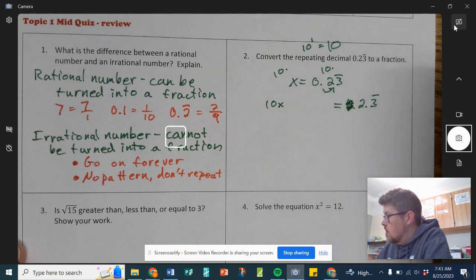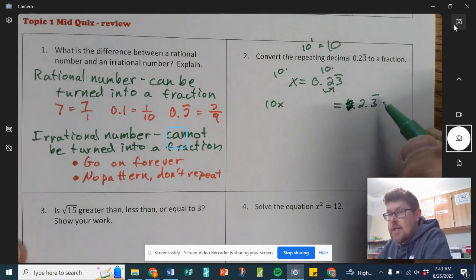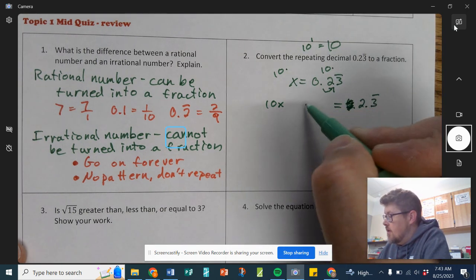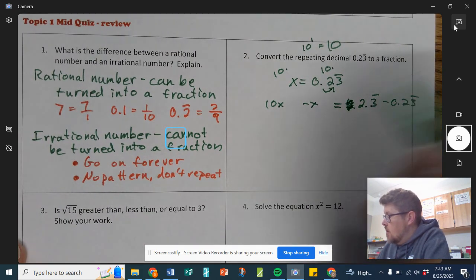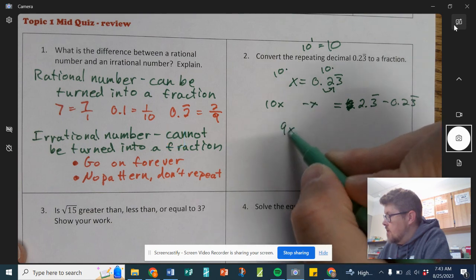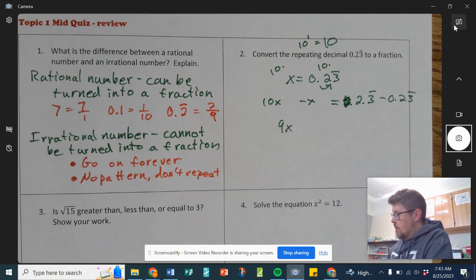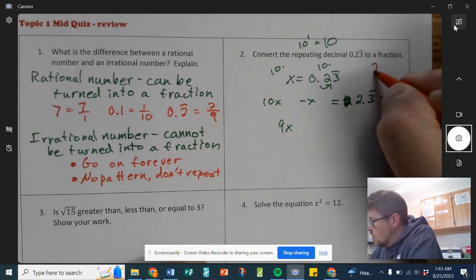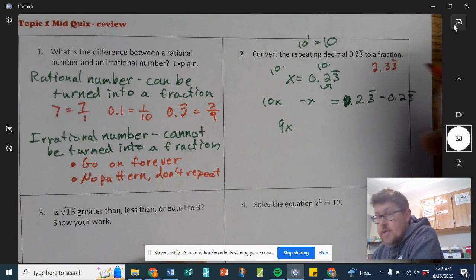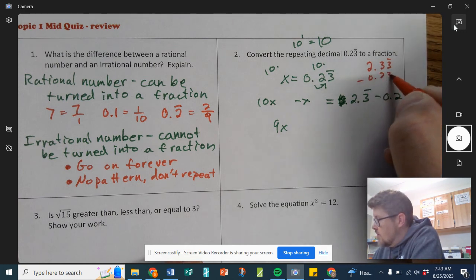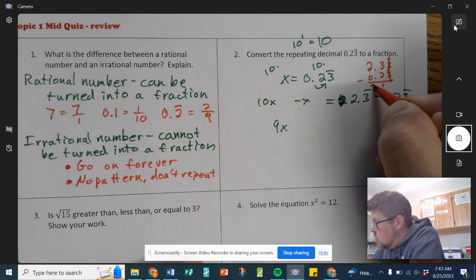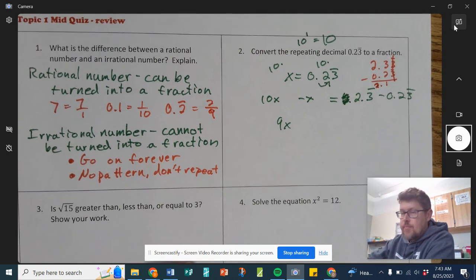2.3 repeating, okay? And then now we got to get rid of this repeating decimal. So what we're going to do is we're going to subtract this x on the left side, and we're going to subtract this 0.23 on the right side, okay? Now 10x minus this x is 9x, and then the 2.3 repeating, we will do 2.33 repeating, kind of just extend one decimal out, because again, it goes on forever, right? And we're going to subtract 0.23 from it, okay? Gets rid of the repeating decimals. 3 minus 2 is 1. Bring that 2 down, so that becomes 2.1. But 9x equals